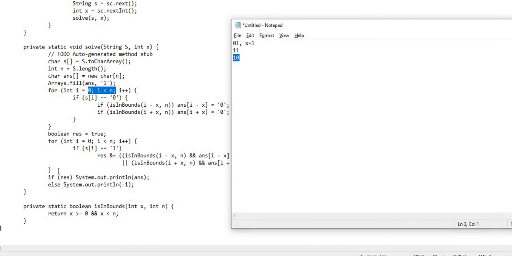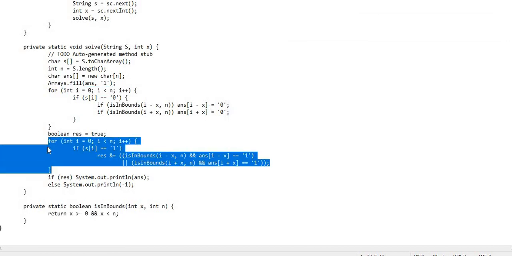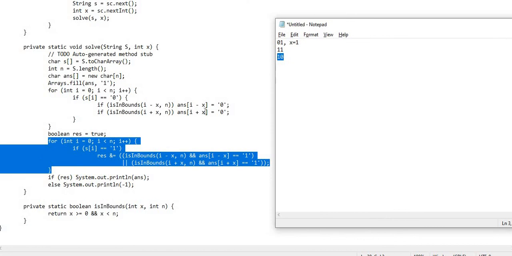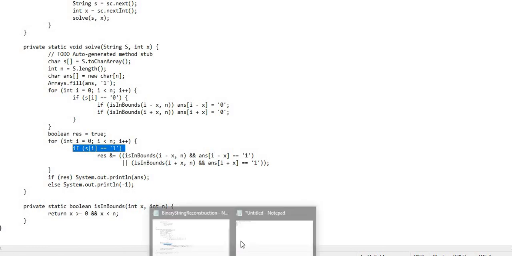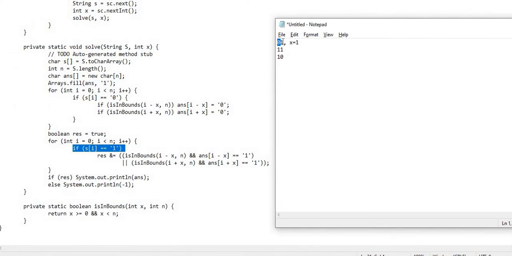Now coming to this piece of code, for the 0th index, the original string holds the character 0, that's why this condition is not applicable. But now moving to the next index, that is 1, s of 1 is 1.